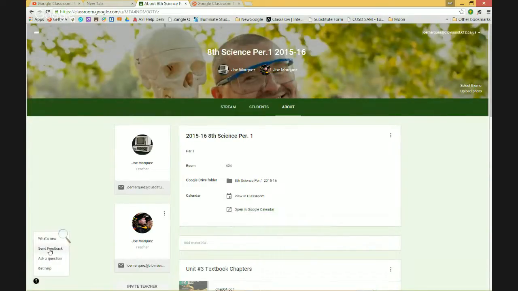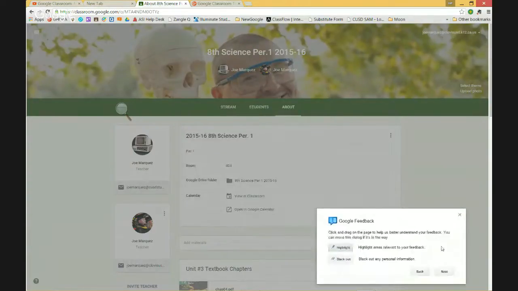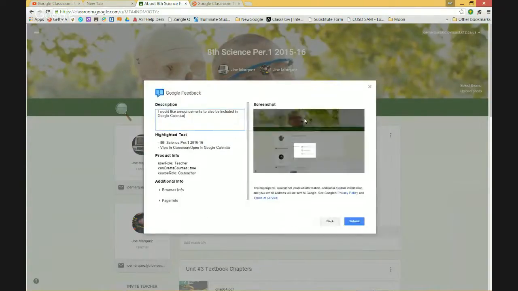You click on it and you say send feedback. And what this does is it opens up a whole thing. What would you like Google to add? I would like announcements to also be included in Google Calendar. Okay. Highlight what you would like them to focus on. Okay, right here. And right there, there's a screenshot, there's your thing, and I click submit